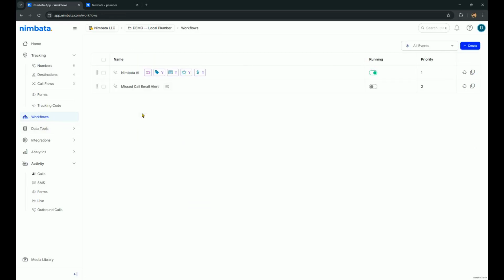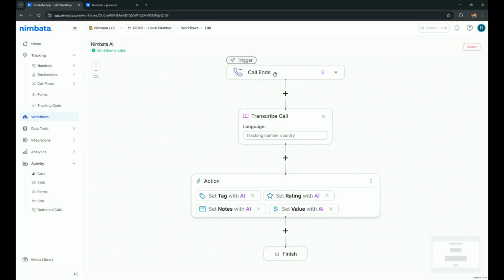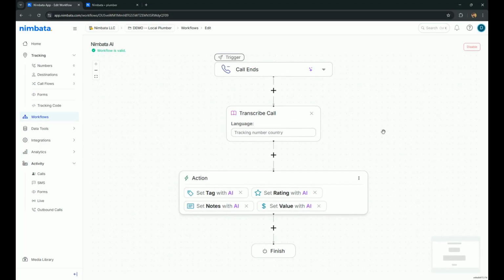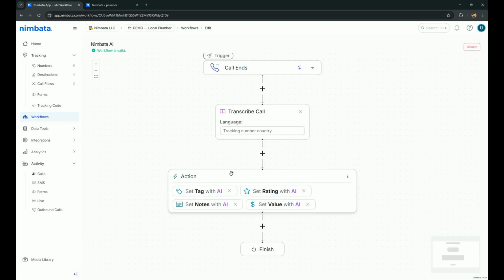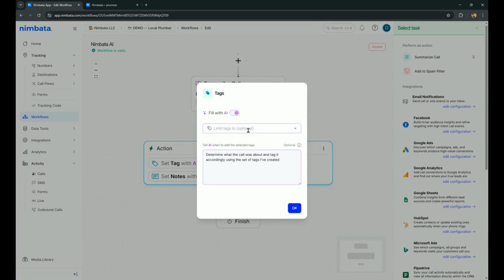I've already created this one for this account. What this will do is create a call flow where, after the call ends, the call is transcribed. We offer transcription for more than 70 countries tested by clients. And then as an action, you have the AI tag the calls, and you can choose which tags to include here. We have some pre-default tags based on sentiments and outcome, but you can also create your own,